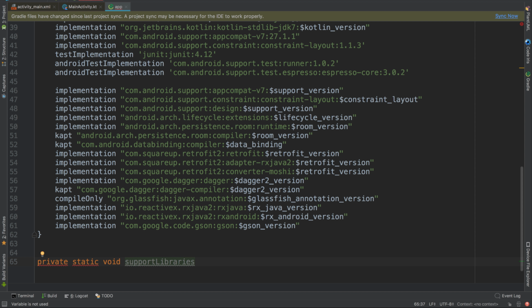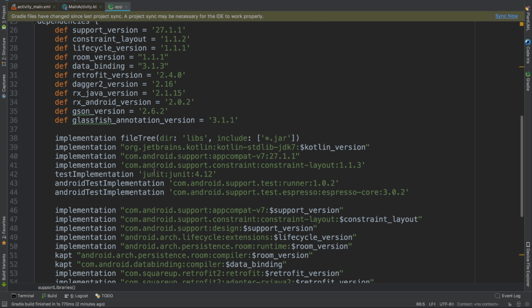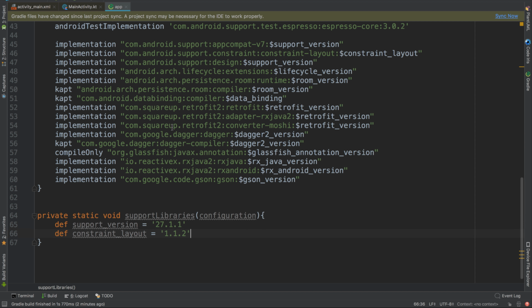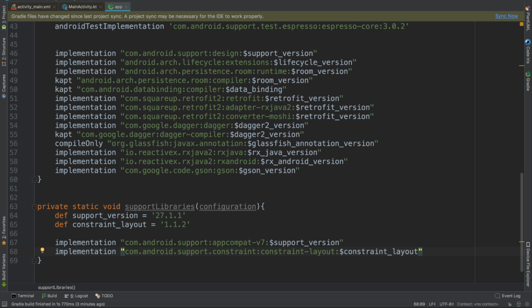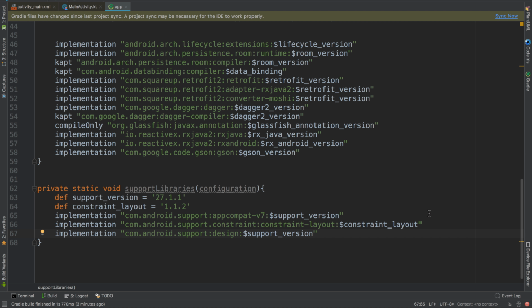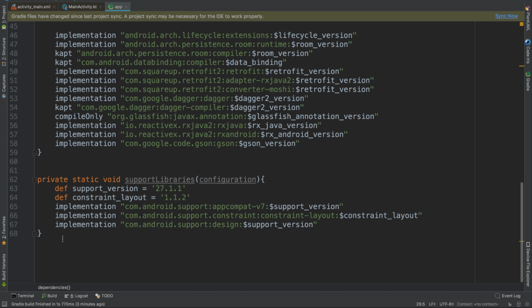The first method I'll name supportLibraries, and it requires a configuration object. And I will copy paste the def keys into the method. I'll paste this dependency also, and then, till the architecture components, I'll create one more method called architectureComponents,